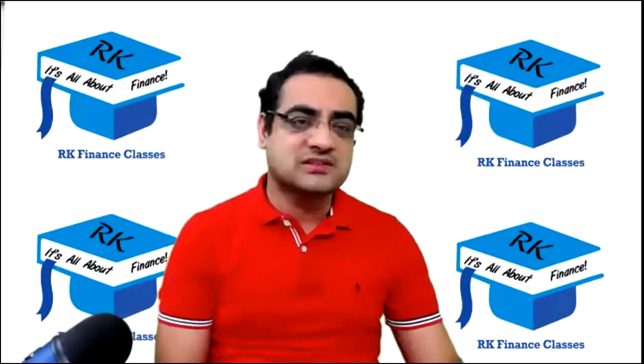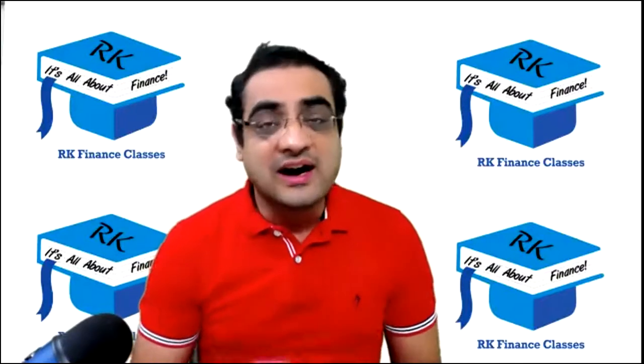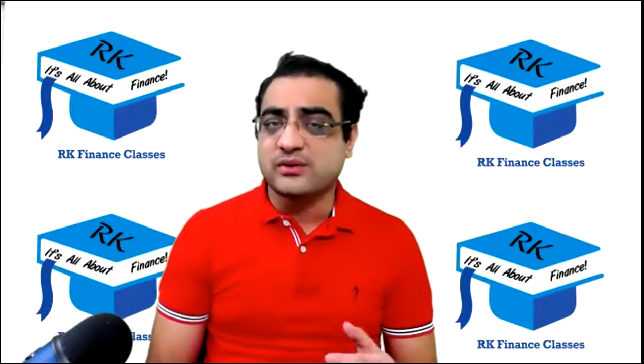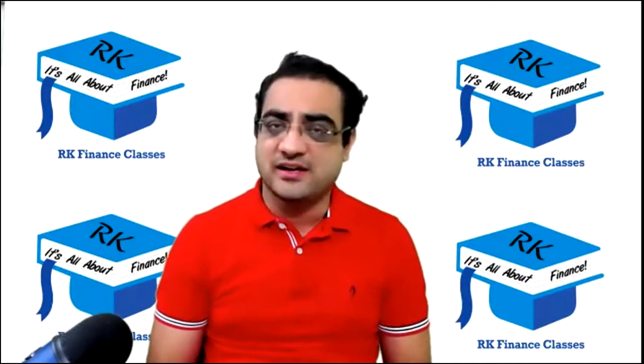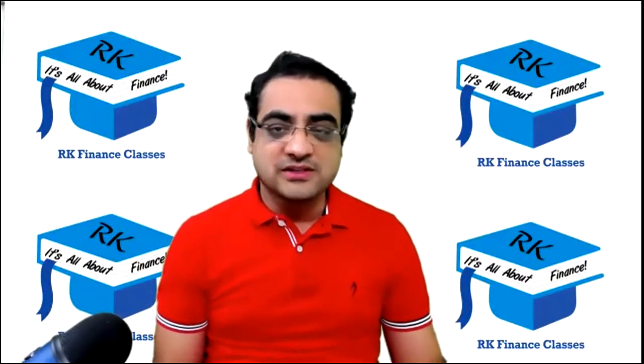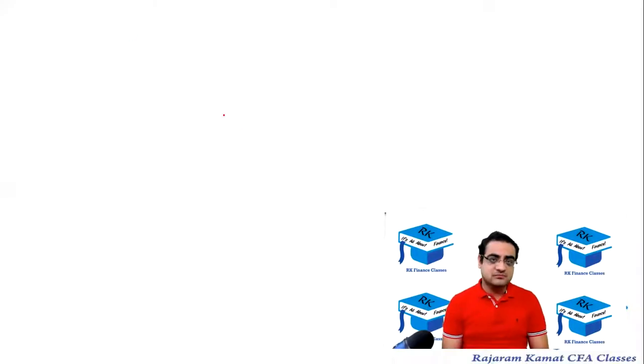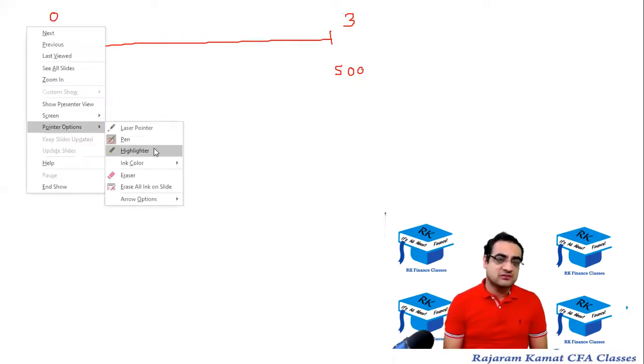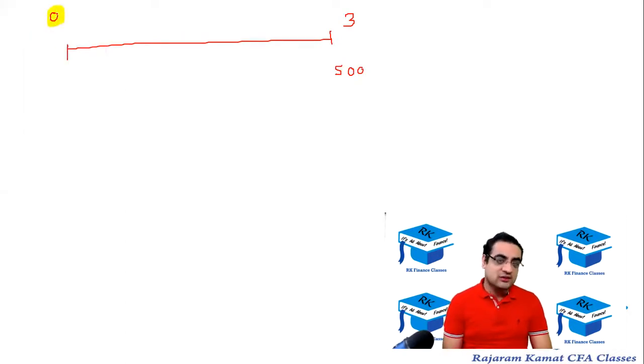So let's take an example. Suppose I want to have 500 rupees at the end of the third year. Then how much shall I deposit today in the bank so that I will get 500 rupees at the end of the third year? So let me just draw the timeline. So this is the third year, at the end of which I want 500 rupees. So the question is, how much shall I deposit today? Today means t equal to 0. So today, that is t equal to 0, how much shall I deposit so that it will go to 500 rupees at the end of the third year?